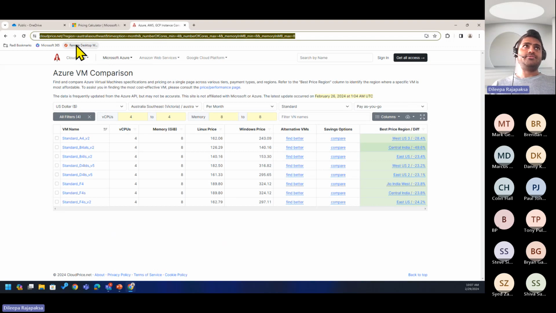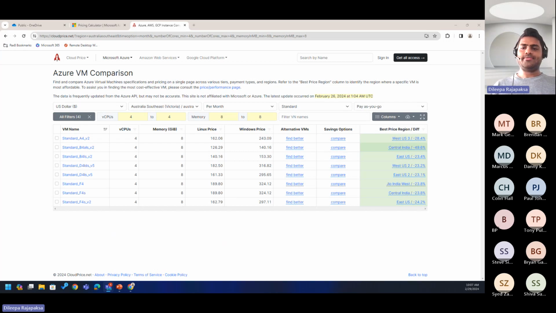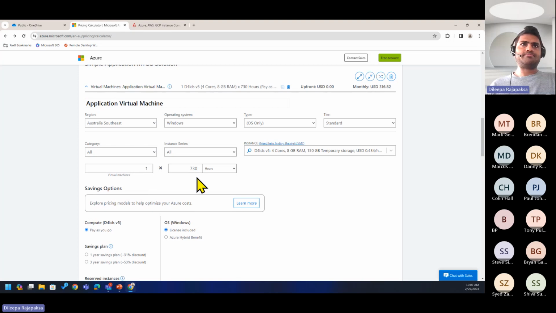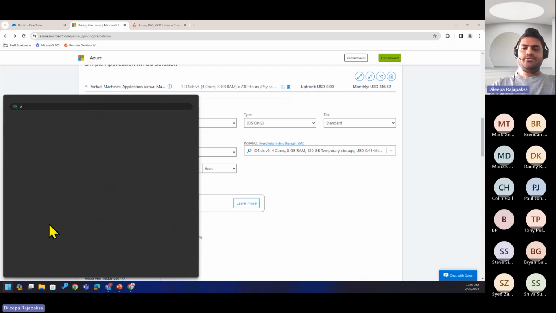I'll share this link with you. Let me put that into the chat as well. This is a good way for you to get an idea which machine you are going to use, right? All right, now, so that's already added. So I have a 4-core machine, and then as mentioned earlier, for this particular customer, you don't need to run